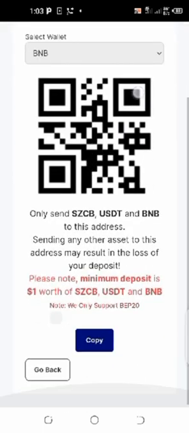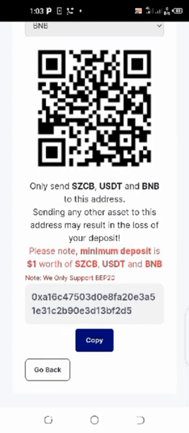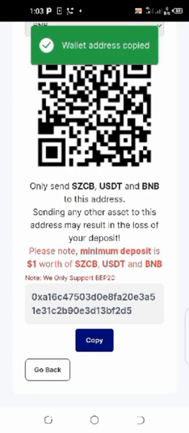When you touch on deposit, you come down. The only tokens you are going to deposit on this platform are SSCB, USDT and BNB. So you will touch on copy and it should be BEP20. That is the only thing you are going to observe when you want to do a deposit. If it is not BEP20, please don't deposit it because it will not reflect. Touch on copy,